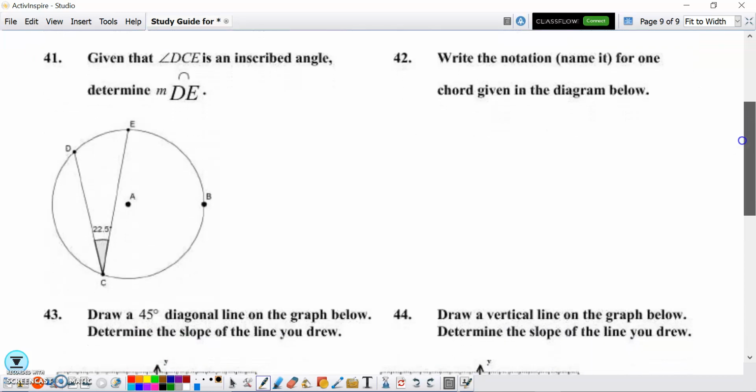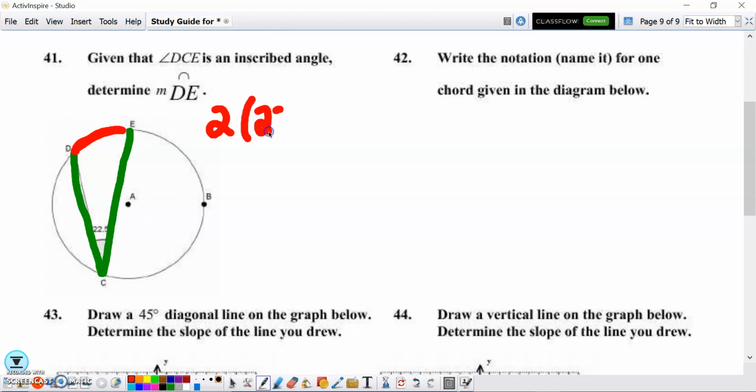All right, so this first part: given that the angle DCE is an inscribed angle, determine the measure of arc DE. So we've got the inscribed angle, that's this right here, and we want to know the arc length. That's this. Well, super easy. All you have to do is double the arc length. So all we need to do is take 2 times the 22.5,